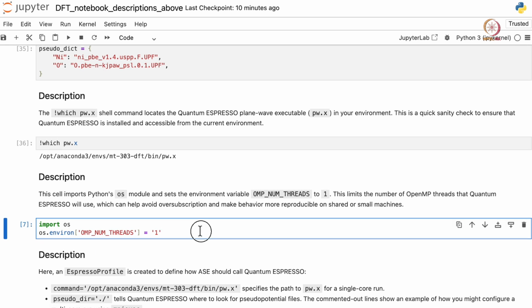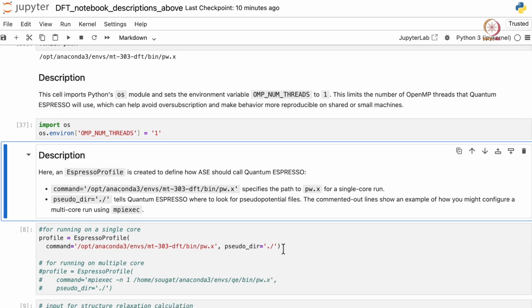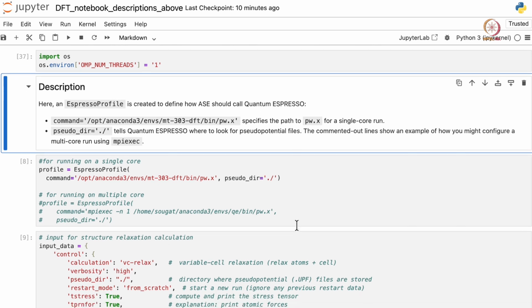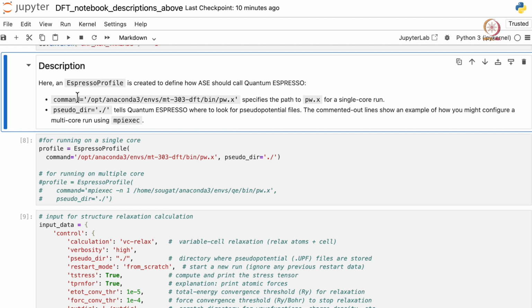Then here the Espresso profile is created to define how ASE should call Quantum Espresso. This command specifies the path to pw.x for a single core run. And pseudo_dir tells Quantum Espresso where to look for pseudo potential files.